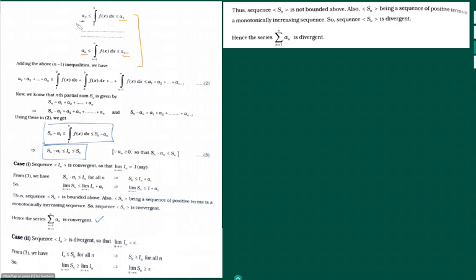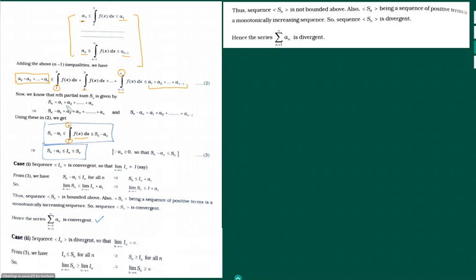And then you add all these inequalities. If you add all these inequalities, you get a2 plus a3 plus ... plus an is less than or equal to the integral from 1 to 2 plus the integral from 2 to 3 plus ... plus the integral from n minus 1 to n, which is less than or equal to a1 plus a2 plus ... plus a(n-1). So this is the integral from 1 to n of f(x) dx. And what is a2 plus a3 plus ... plus an?